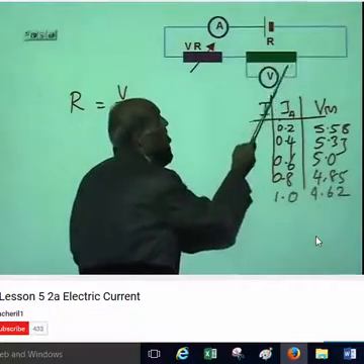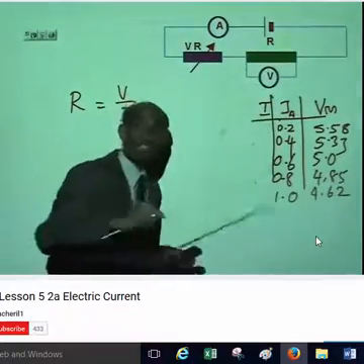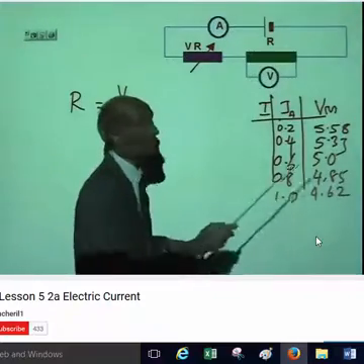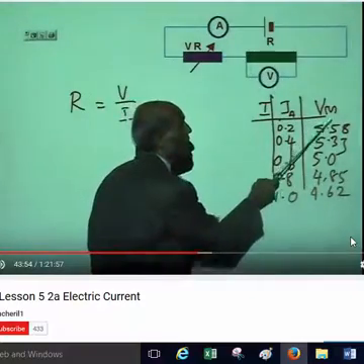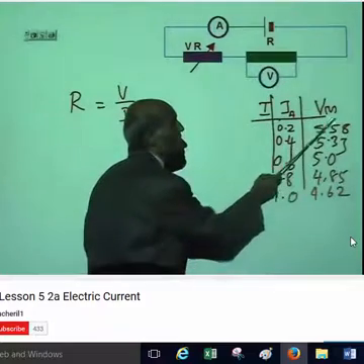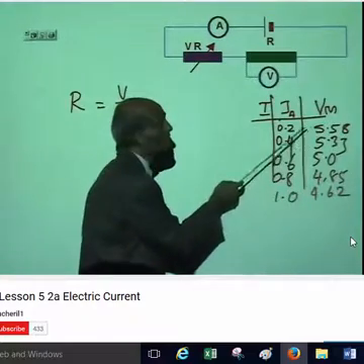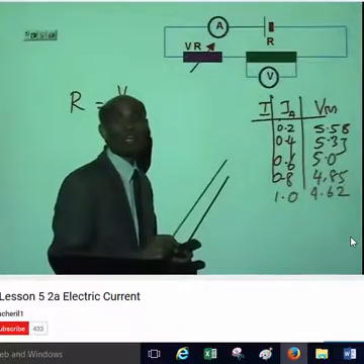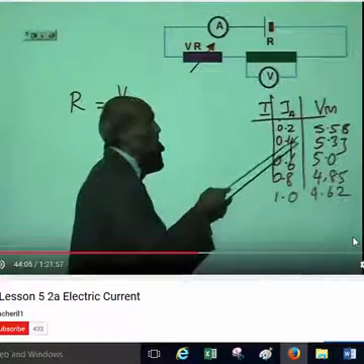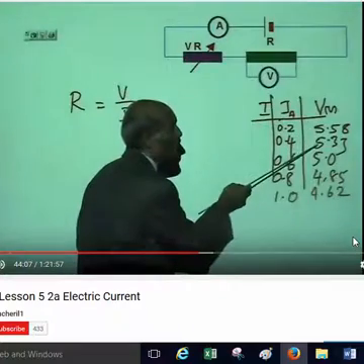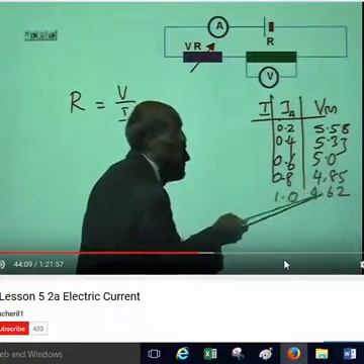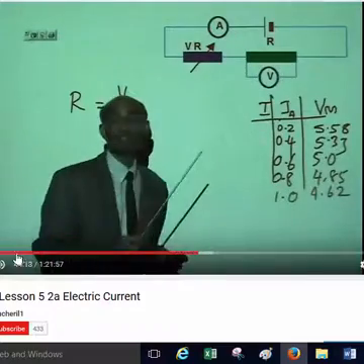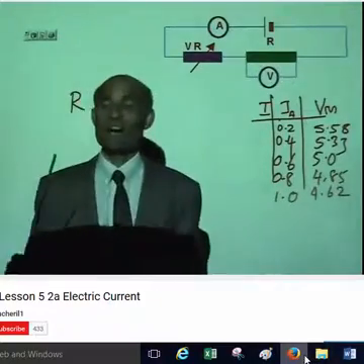I changed the values of these resistors each time. How do you find that? The first value of the resistor is 5.58 volt divided by 0.2 ampere. I'm going to leave that for you to do on your own. So find each time the value of the resistance; there will be 5 values of the resistance. Now, once you do that,